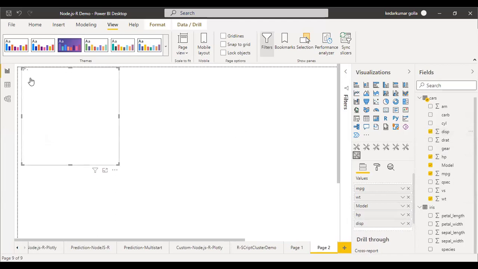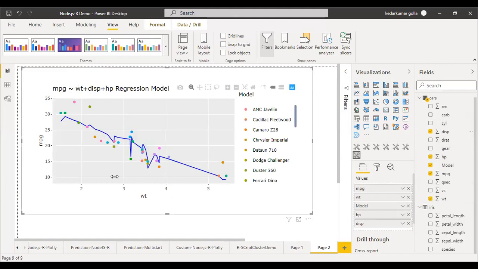displacement. So now this data will flow into this chart, and the chart will send this data into the R code. So it just ran now and created this visual.